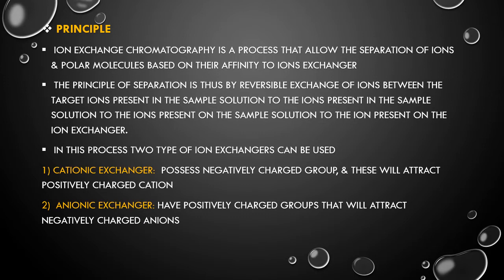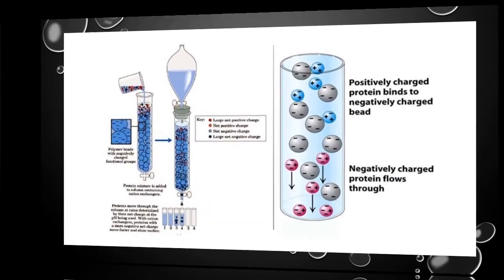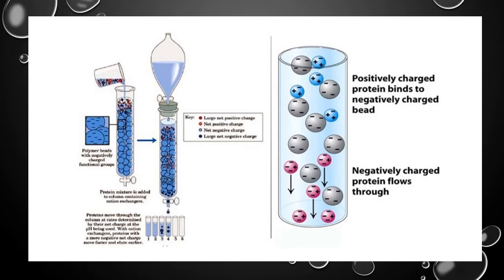Ion exchange chromatography is mostly performed in the form of column chromatography. However, there are also thin layer chromatographic methods based on the principle of the ion exchanger. Here is a picture of column chromatography, actually of ion exchange chromatography. In ion exchange chromatography, the column is filled with a substance known as a resin, which acts as the stationary phase, and these resins have chemically bonded functional charged groups, either negative or positive.